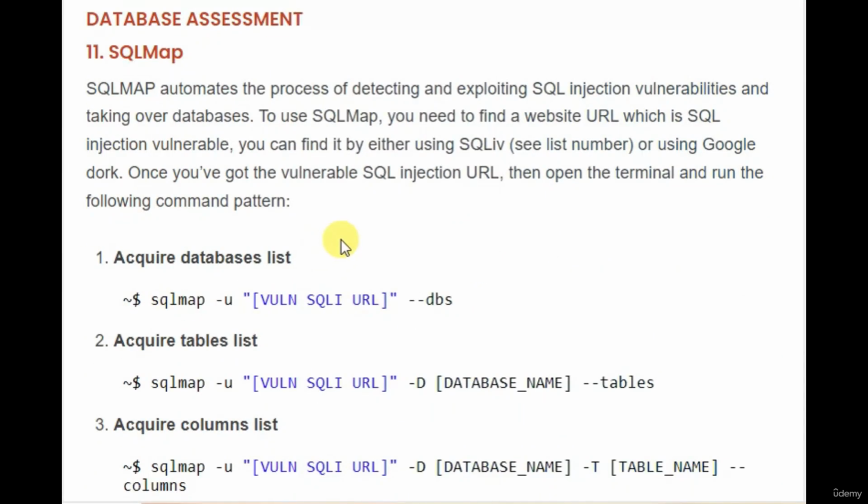And now come to database assessment tool. Number 11 is SQLMap. SQLMap automates the process of detecting and exploiting SQL injection vulnerabilities and taking over databases. To use SQLMap, you need to find a website URL which is SQL injection vulnerable. You can find it by either using SQLiv or using Google Dorks. Once you have got the vulnerable SQL injection URL, then open the terminal and run the following command like this: